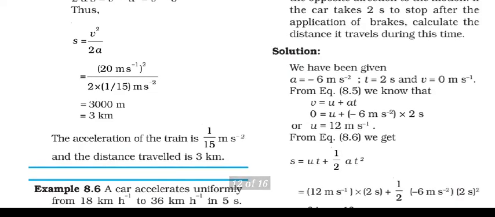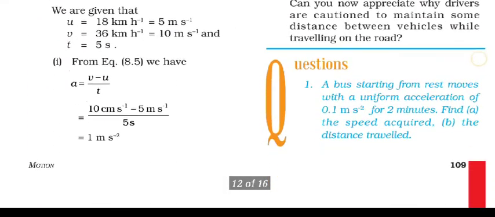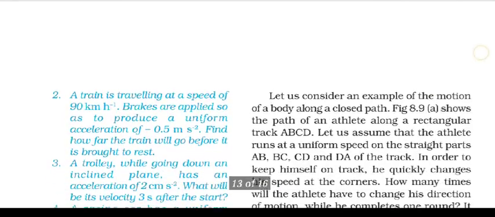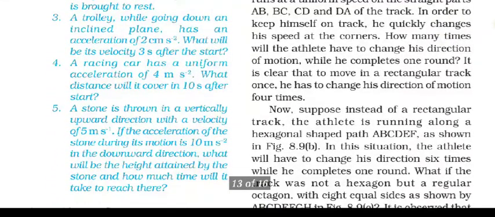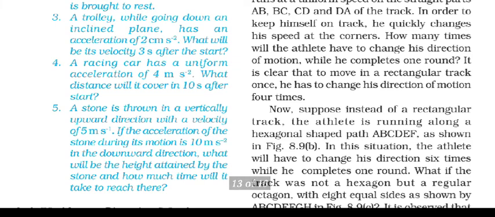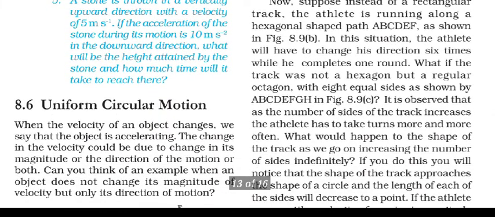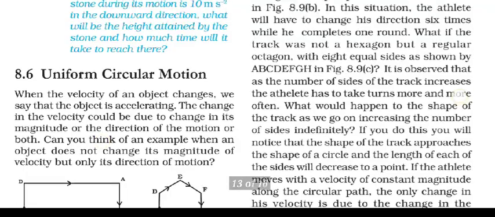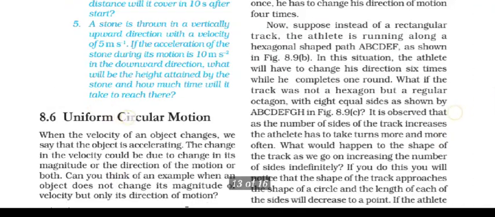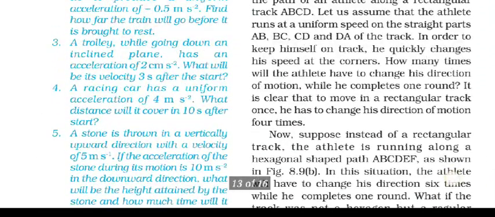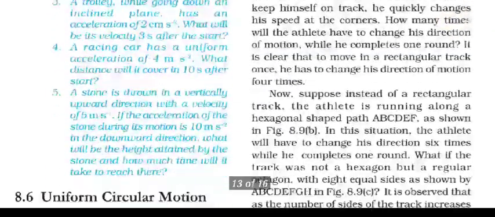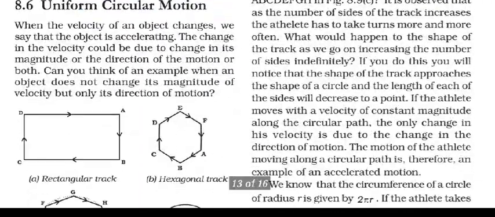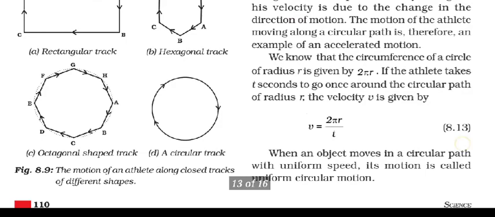And the second one, displacement. For finding displacement we have two equations. One is s is equal to ut plus half at square, and the second one is 2as is equal to v square minus u square. Here we know u, but we don't have t, that is why we don't use the second equation of motion. We only use the third equation of motion, that is 2as equals v square minus u square.